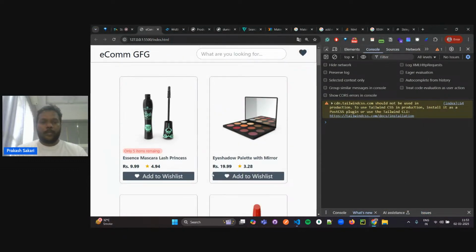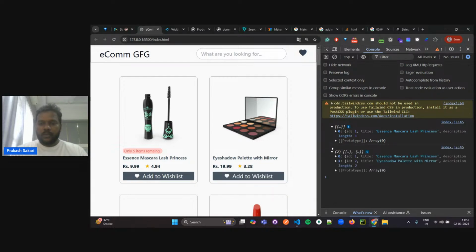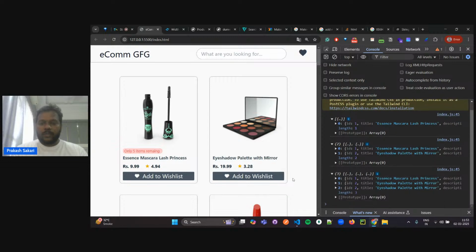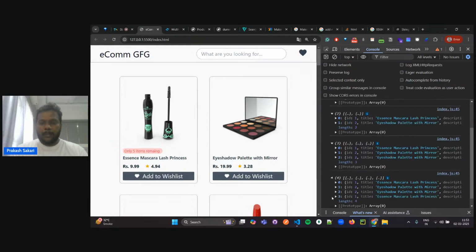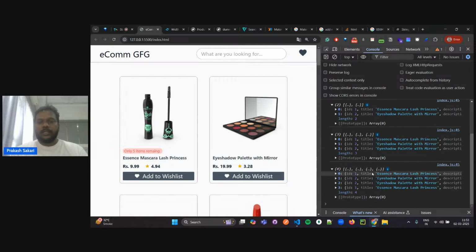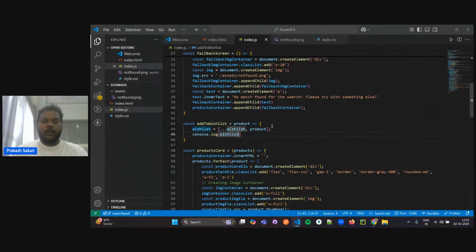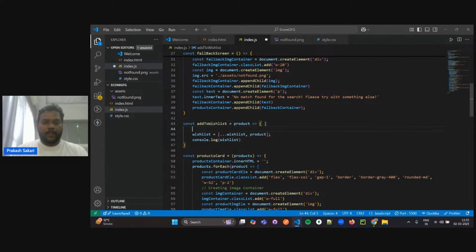So if you go over here, if I click on this, one item is added to the wish list. If I click on this, you see two items are added to the wish list. But if I click on this again, it is added to the wish list again. Once it is added to the wish list, it should not be added again. The same thing. So for that, what I can do is I can just say const